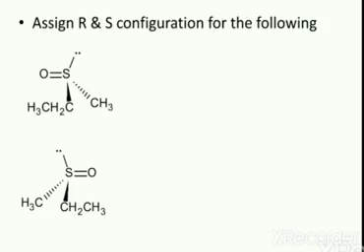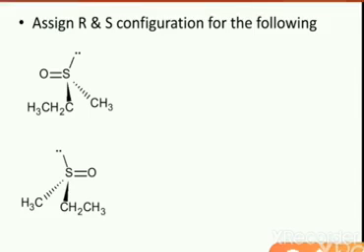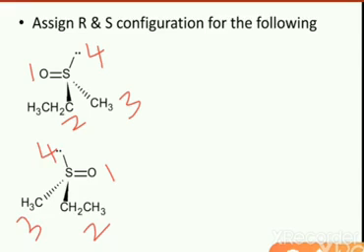In this molecule, sulfur acts as the chiral center, and here we have the different attachments. We'll give the priority for those atoms. Oxygen gets the first priority, then the ethyl group and methyl group. The lone pair of electrons will get the least priority when compared to the hydrogen. Likewise, for this molecule, 1, 2, 3, and 4. Now we have assigned the priority for the attached atoms.